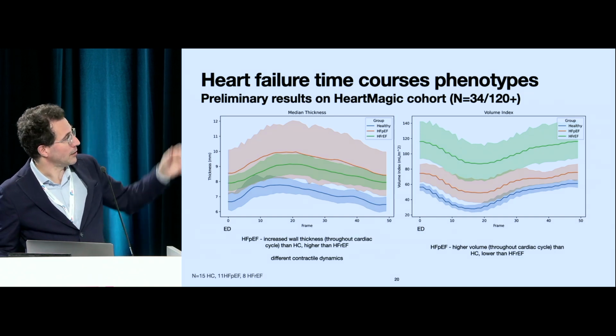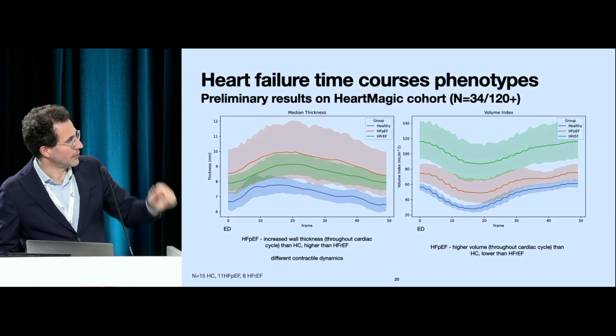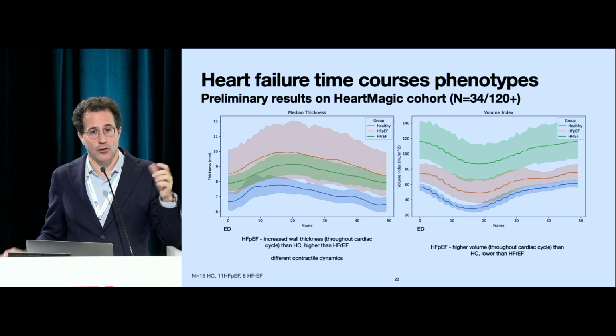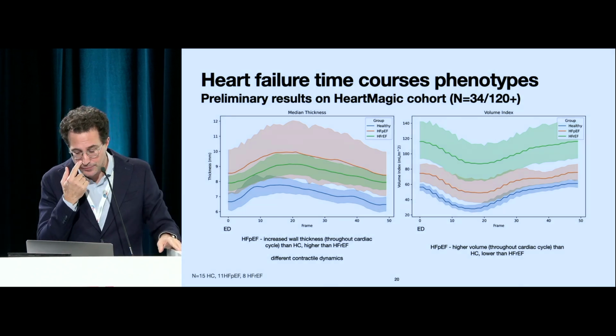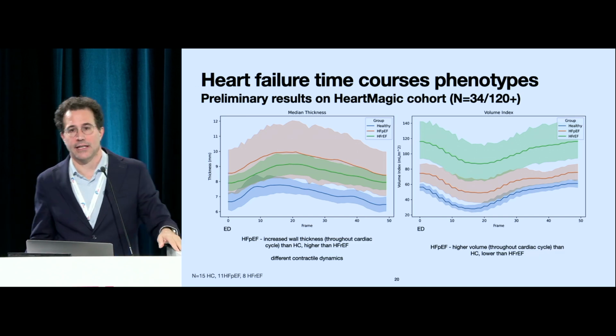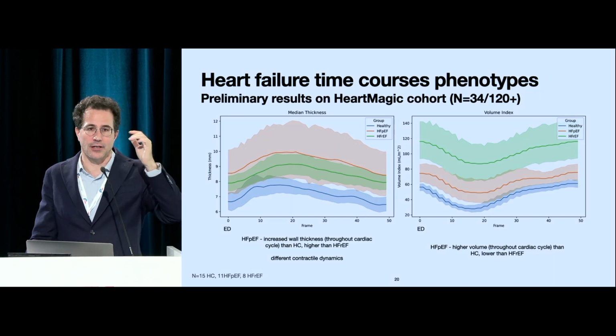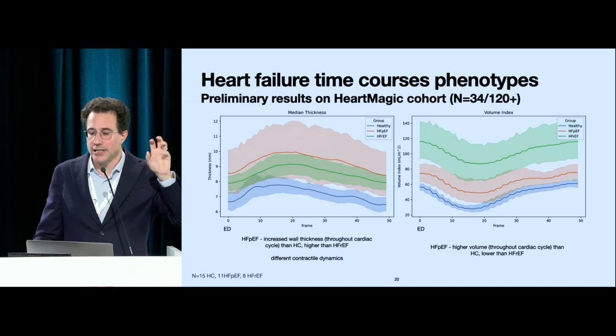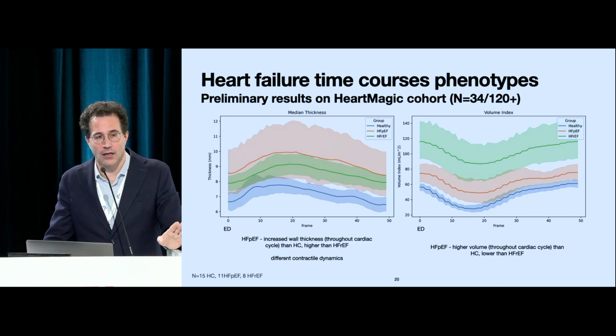And now we're digging a bit more into this with more patients and to see what subgroups we can do. We can also look at the volume index, essentially the left ventricular volume divided by the body surface area. And here you see again this gradation between the groups that is very clear, right? So we see this gradation in these different subtypes of heart failure. Now we need to dig a bit more into seeing whether that predicts survival, etc.